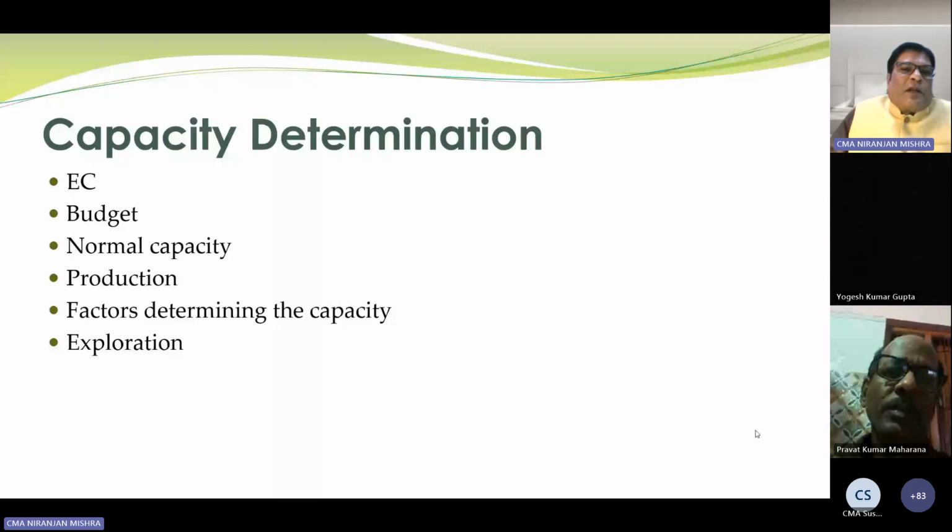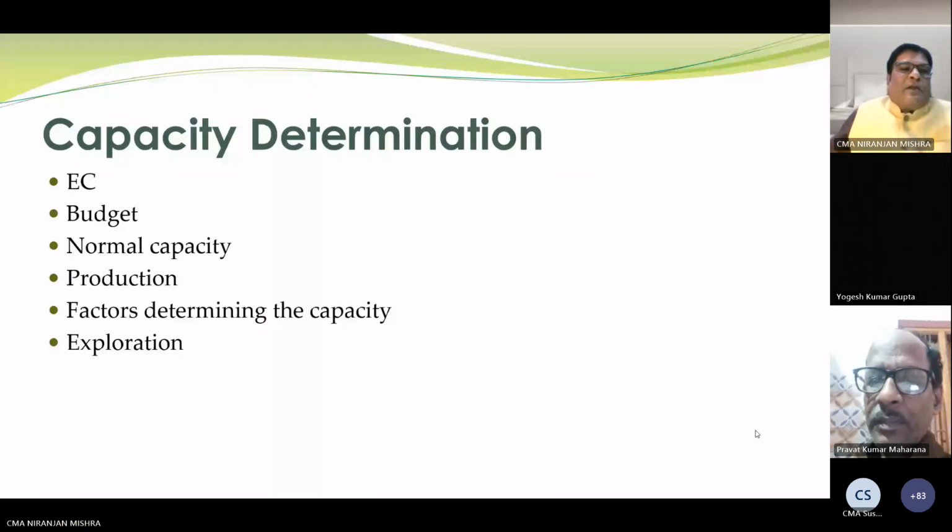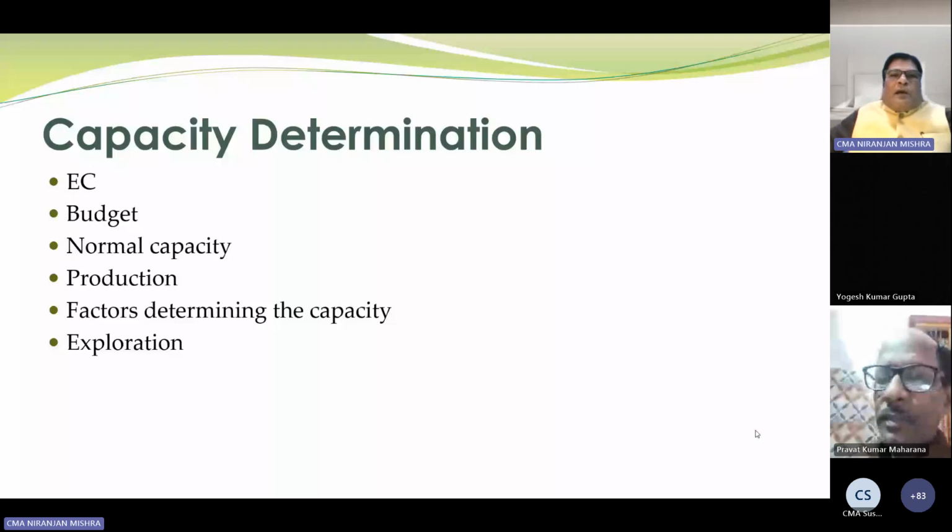Then it will go for the revision of the mining plan. It is also possible that if the desired grade of ore is not coming out, they can revise the mining plan before the 5 years period is complete. So here, normal capacity. Those who have an idea of chrome ore mining know